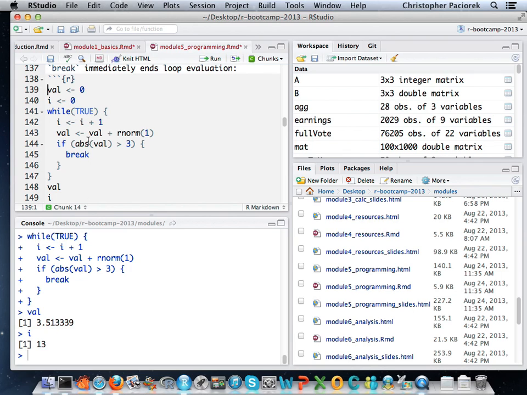So what I'm doing here is I'm generating random normal variables and summing them all up on the fly. So if I generated a 1, you start out at 1, then I generate -1, subtract it off, we're back at 0. So I'm adding up a bunch of random normal values. And when the sum of that sequence of numbers goes above 3 in absolute value, we stop. And so what I'm printing out is the value that we reached, which here is 3.5, and I. So you can see it took 13 steps through this loop to break out.